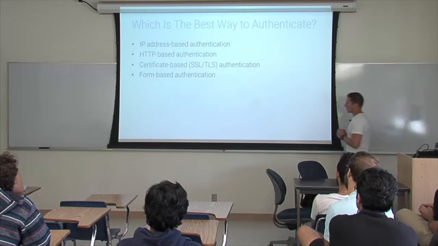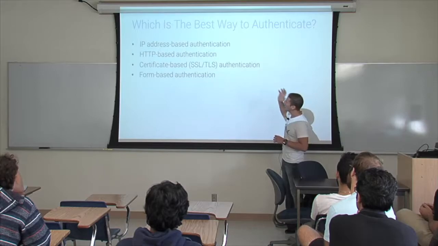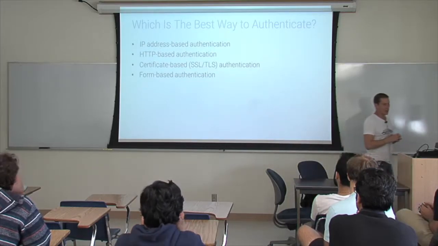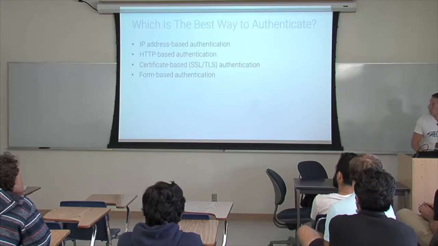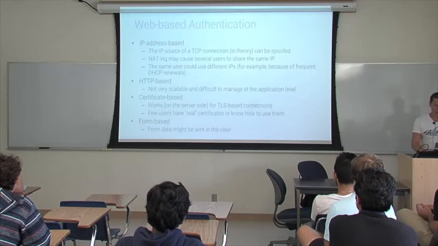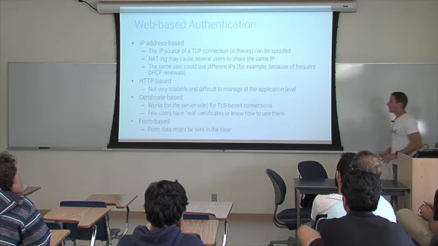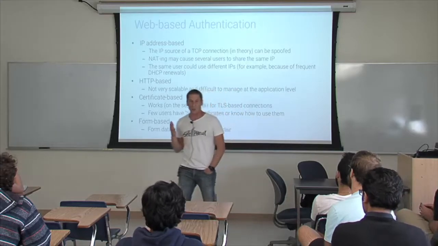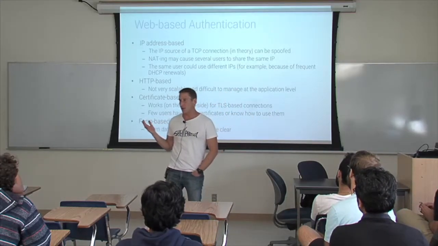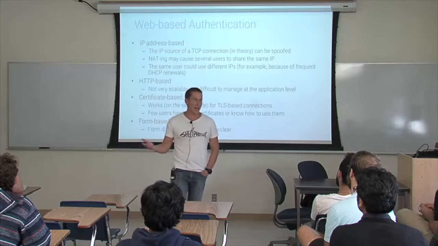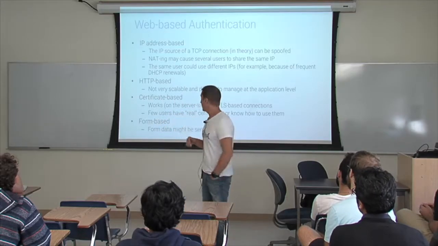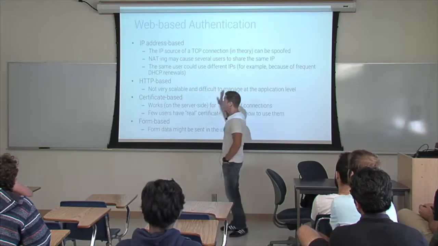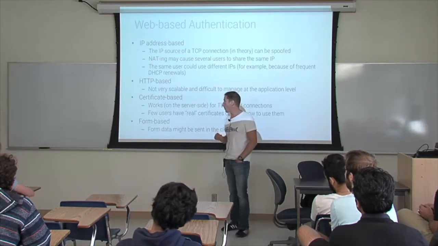If we look at authentication, there are many ways in which you can authenticate, where you can use, we'll see, IP address, HTTP-based authentication, and other things like that. Of course, some of them are stupid, like IP address-based authentication. I hope that at this point in the class you realize it is completely ridiculous. IP addresses can be shared behind a NAT. The same user can have different IP addresses because of DHCP and things like that. So I put it here fundamentally for our amusement.